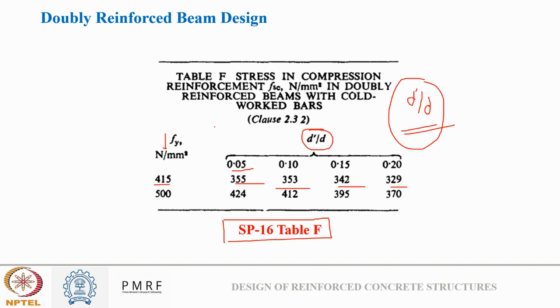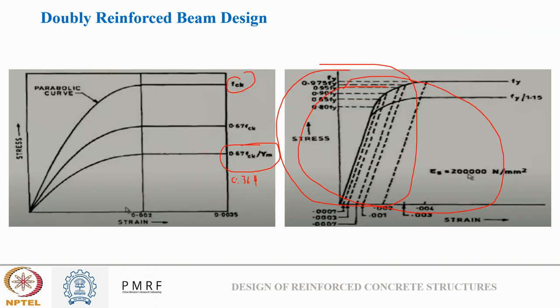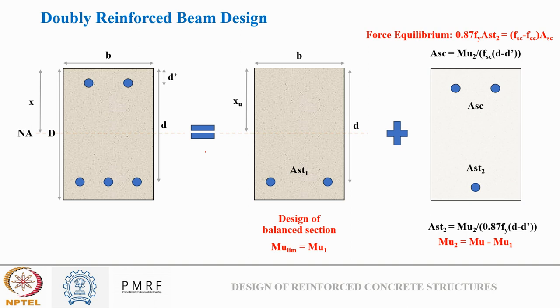Now we know the stress, we understand all these diagrams: the strain diagram, the stress diagram, and all the considerations that were taken into account earlier. But how we design a doubly reinforced beam, we don't know till now. So how is the design done? The design of a doubly reinforced beam is done by dividing the beam into two parts. What are those two parts? First part is a